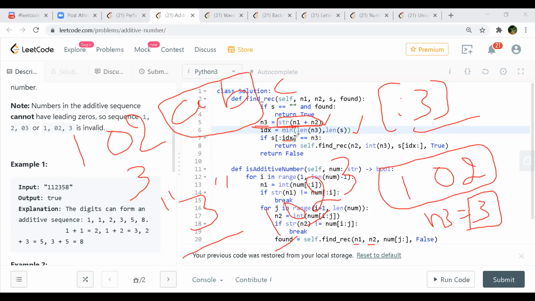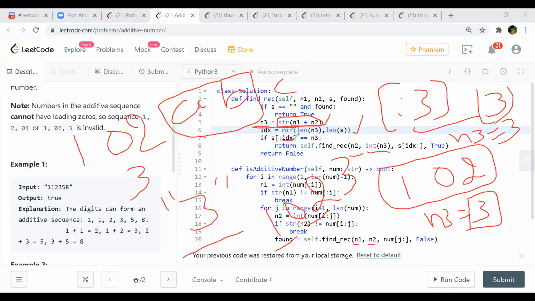So this will be 3, and you're converting it to str. So you'll have 3 as N3. And now again we are converting it to integer and passing it for the next call.